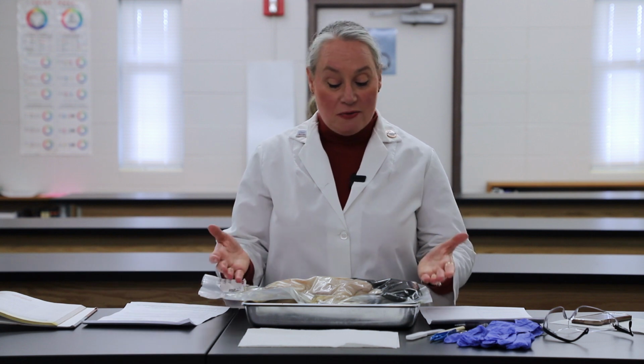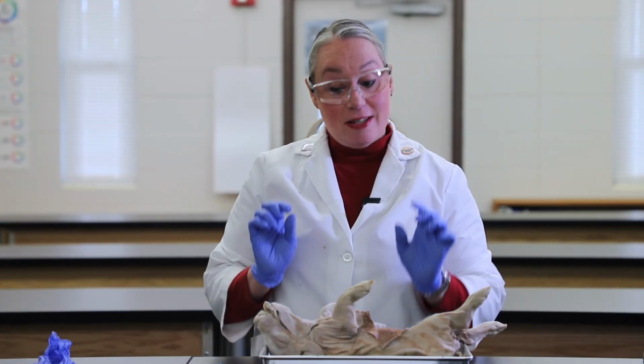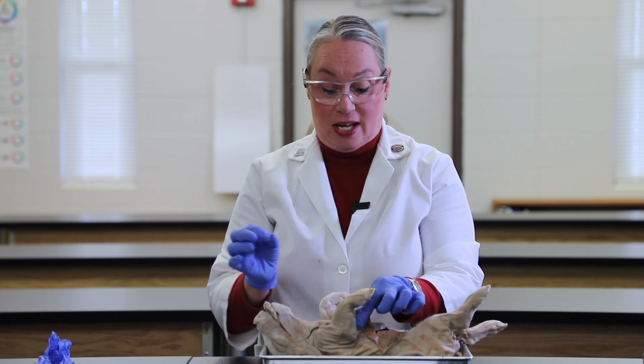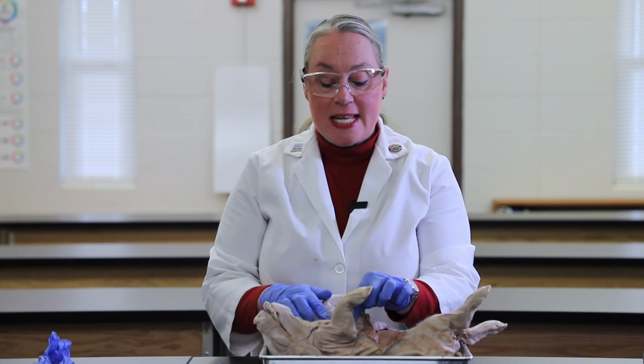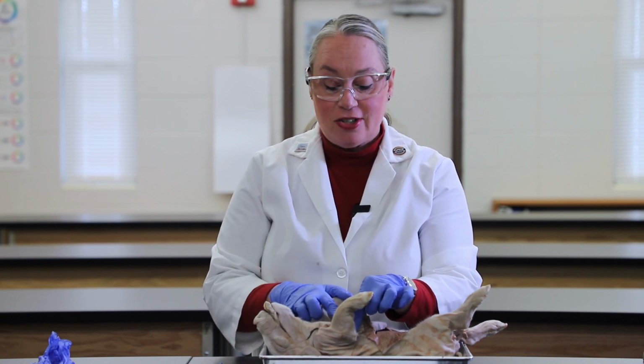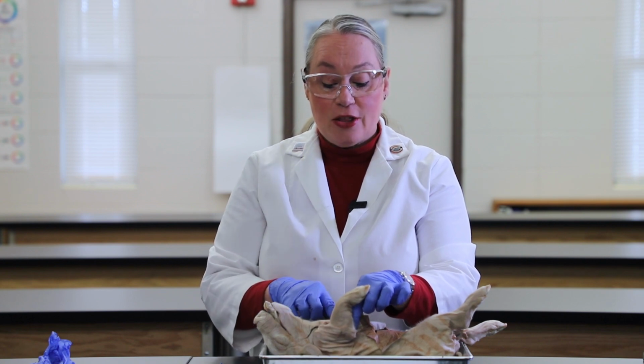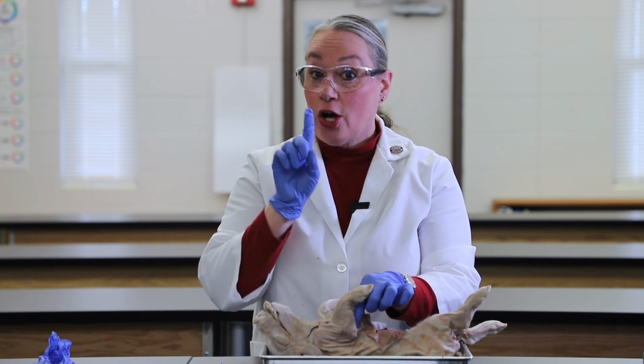where we are going to investigate the inside of a fetal pig. Okay, so we've had time to look around and see all the parts as they are in the fetal pig's body. Now, the challenge is to take out the esophagus, the trachea, the heart and lungs in all one piece,